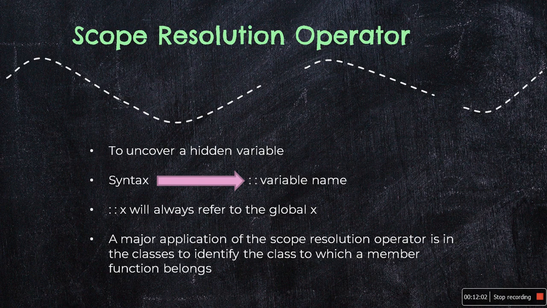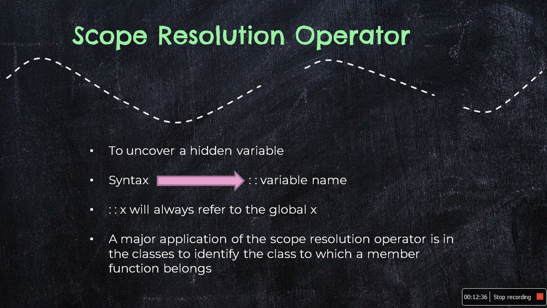Now scope resolution operator, as you all know, C++ is a block structured language, and blocks and scopes can be used in constructing programs, right. Now we know that the same variable name can be used to have different meanings in different blocks, though they cannot be used in the same scope. We can use the same variable name in different scopes and blocks. Now the scope of the variable extends from the point of its declaration till the end of the block containing the declaration, right.